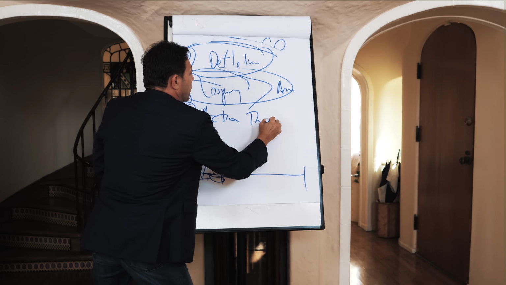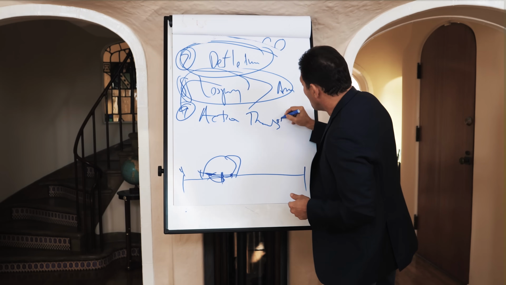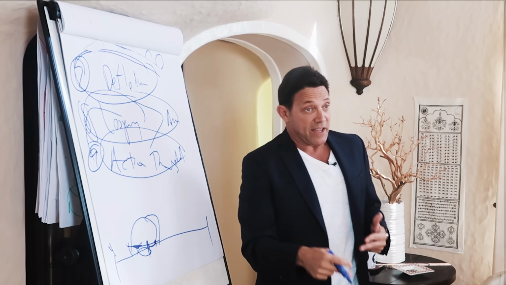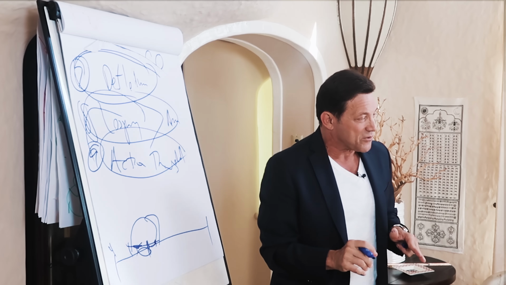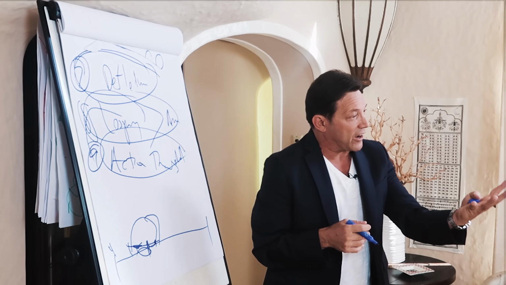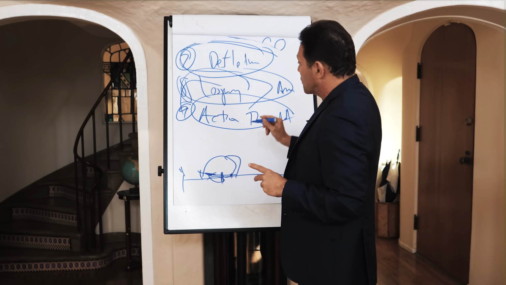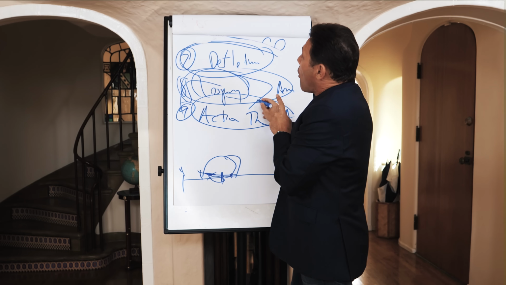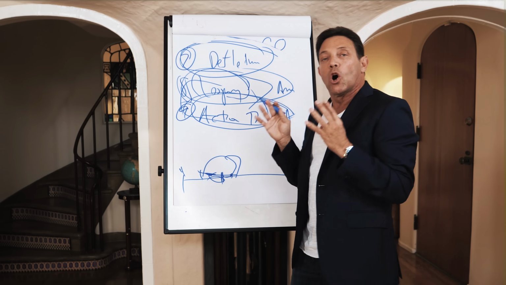In other words, remember when you ask for the order, let me write this better. I have terrible handwriting. Threshold, okay? So remember, when you ask for the order the second time, they could say, yeah, let's do it. They could say, no, I want to get off the call, or I'm leaving your office. Or they could just give you another objection. They'll hop to a new objection, which is very common. In that case, we're going to run another looping pattern here. Again, I can't get into that right now. But before we ask for the order again, we are now going to engage in a process called lowering their